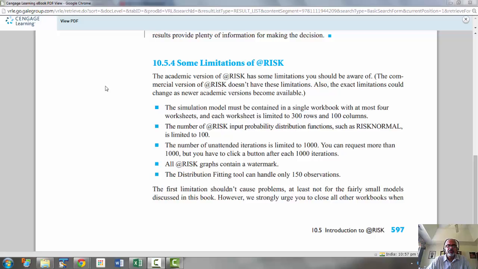There are some limitations for the academic version of @RISK. These are listed here. These limitations are not there in the commercial versions. If you buy the commercial version, @RISK doesn't have these limitations. So, simulation model